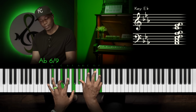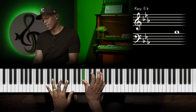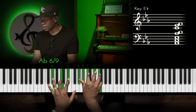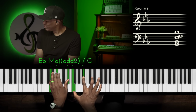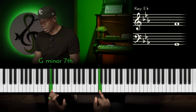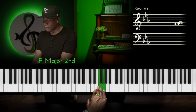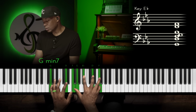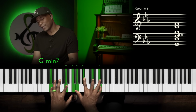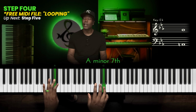So it's like an A flat with the 6 and the 9. These are the notes that I'm playing. What do these notes have in common? If it's F, it would be a major second. And I can turn this really into like a G minor type of chord, G minor 7. So, because I'm G at the bottom. So, Mary had a little lamb,